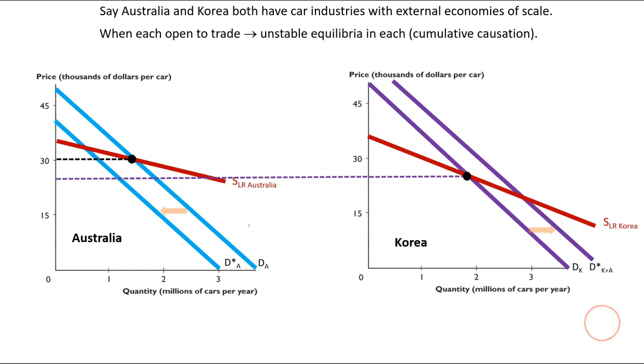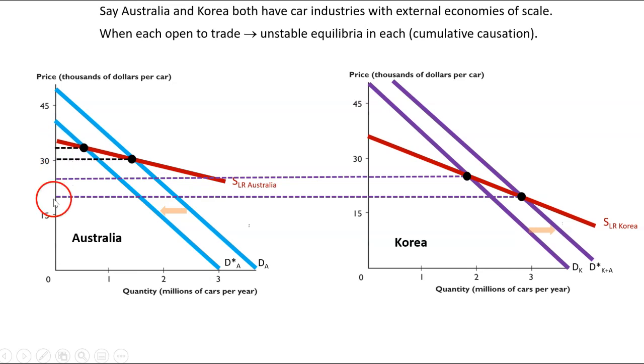Now you can see the problem that's going to arise for Australia here. Where's the new long-run equilibrium for Australia and Korea? Well, for Australia, it's now higher than it previously was. Things have gotten worse. Meanwhile, for Korea, the new equilibrium is lower than it previously was. From Australia's perspective, the divergence between the Australian price and the Korean price has actually gotten larger,